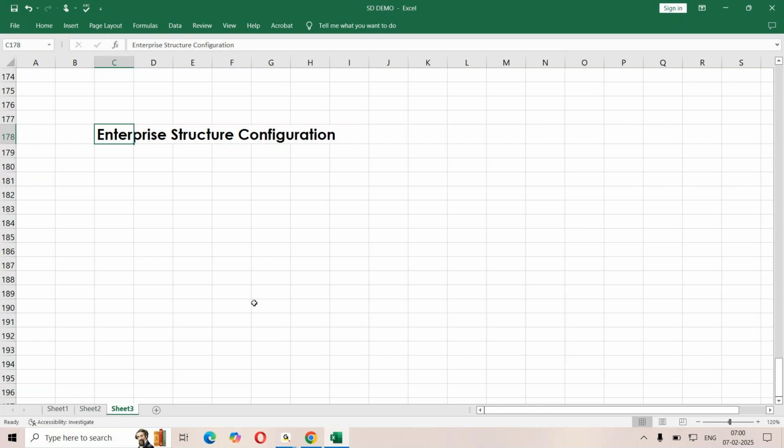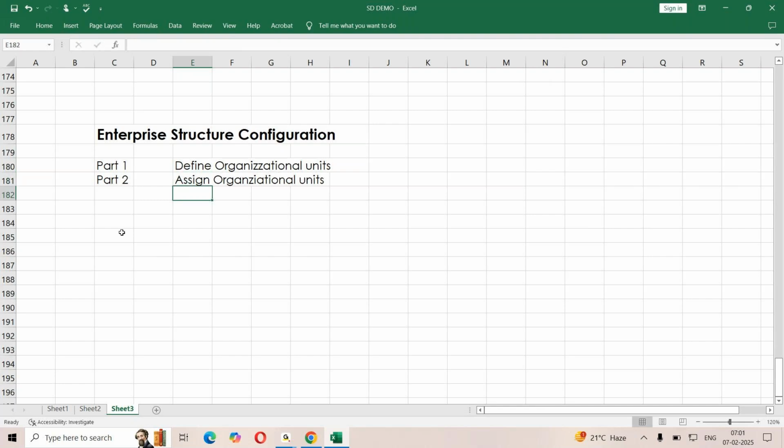Okay. So we deal with two parts. Your total enterprise structure has two parts. First part, we go for defining organizational units. What all organizational units we require, we are going to create. Second step, we assign organizational units.